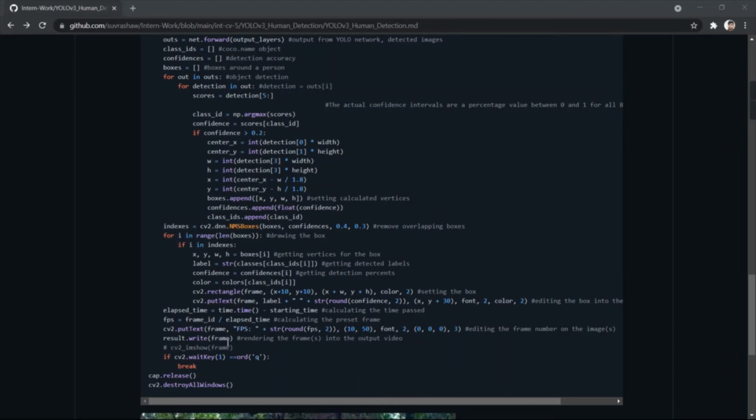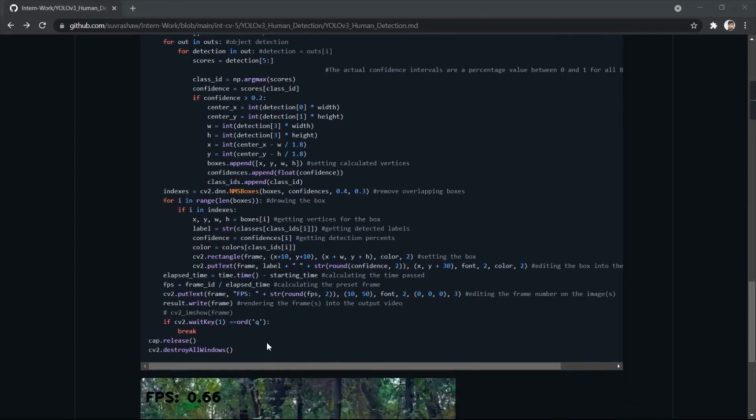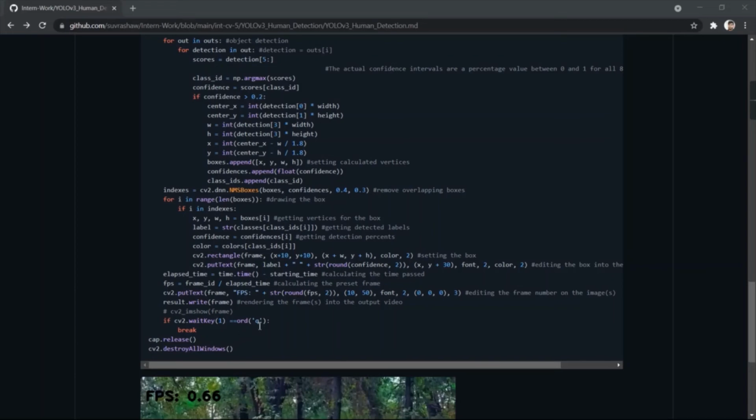Inside that the variable will be given as an argument, here it is frame. Now if cv2 dot waitKey 1 equals ord q, it means break. What it means, just like if we run our program and if we want to quit our program, we have to just press Q on the keyboard and the whole program will quit.